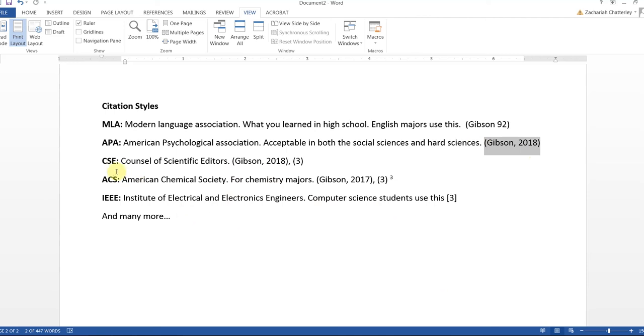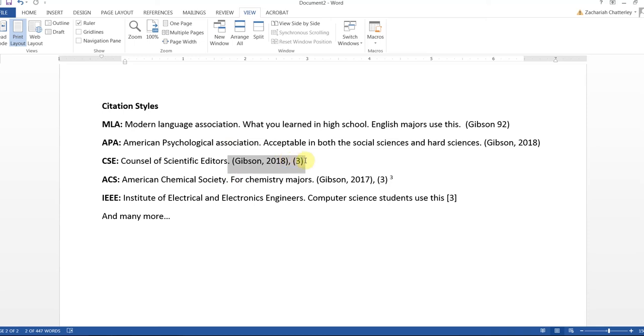Next one on the list is Council of Scientific Editors. This used to be called Council of Biology Editors, and if you were a biology major, then this is the one that you would want to use. With CSE and with ACS for that matter, both of these are kind of loose about the format that is required. You can look up the guidelines. They really do say do this or this or this. So with CSE, they want you to do Gibson 18. In other words, the last name of the lead author followed by the year of publication,